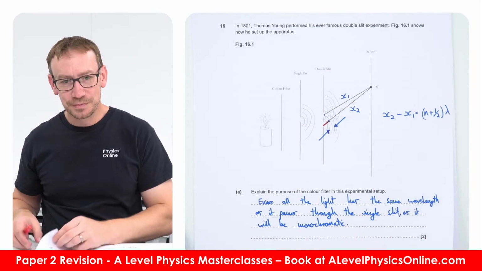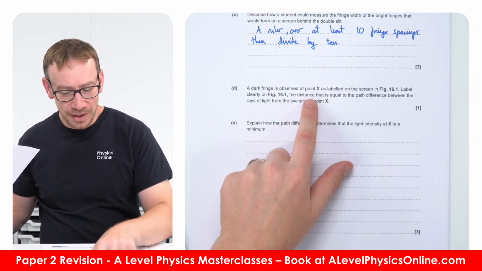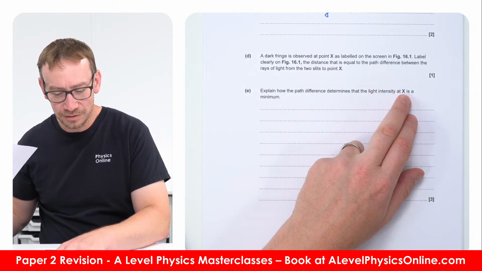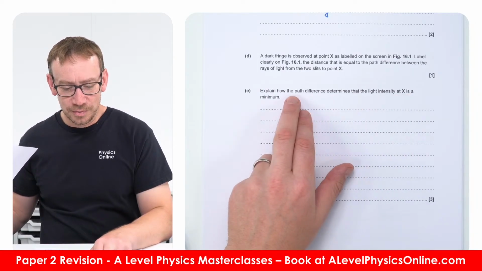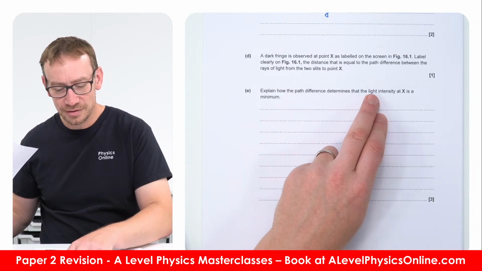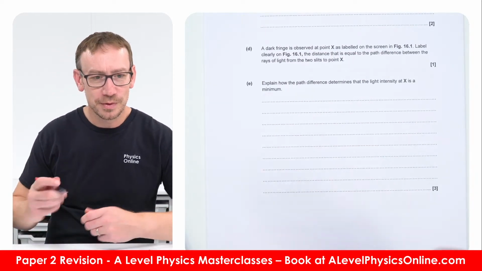Right, the next one then, we've done that. Explain how the path difference causes the light intensity to be a minimum. Basically, we will have,